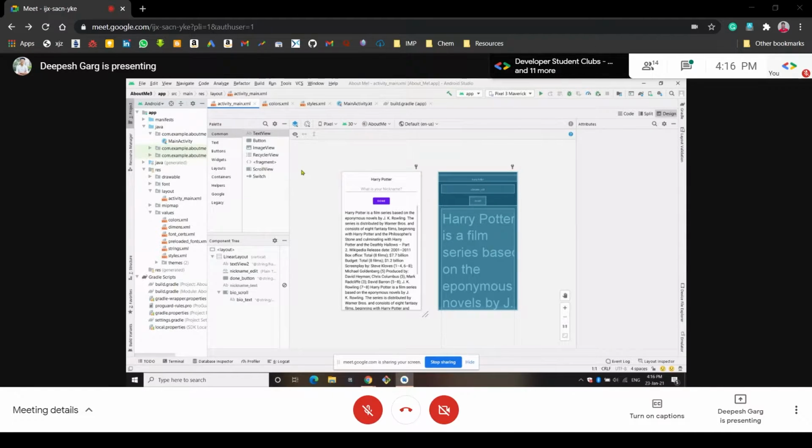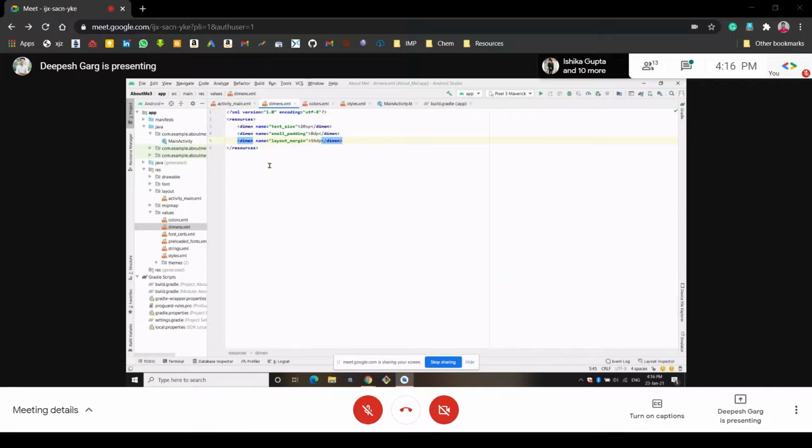But yesterday we haven't styled anything. So I created one dimensions.xml file. Let me show you this. Whenever we pass these dimensions.xml parameters to any view, it will change the text size to 20 scalable pixels.